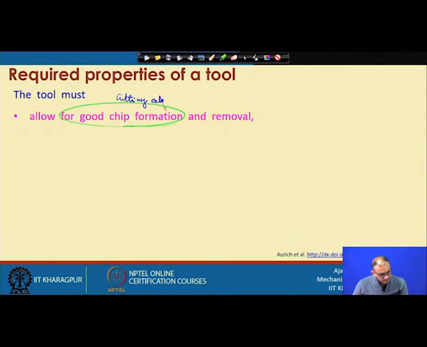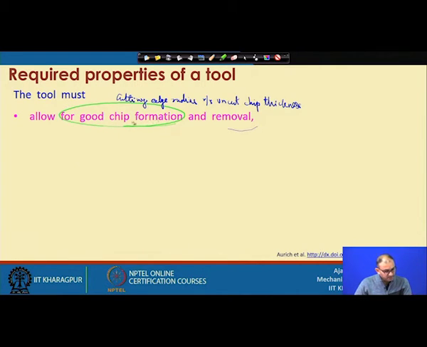Cutting edge radius versus uncut chip thickness: we have discussed a lot about these two parameters, so we are not going to do that again. But this is very important, because good chip formation makes sure that you are efficiently removing the material, and you do not need to give a second pass for the same location.